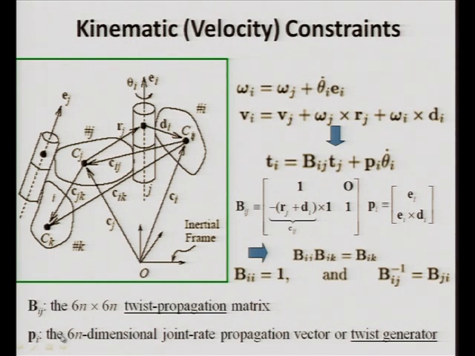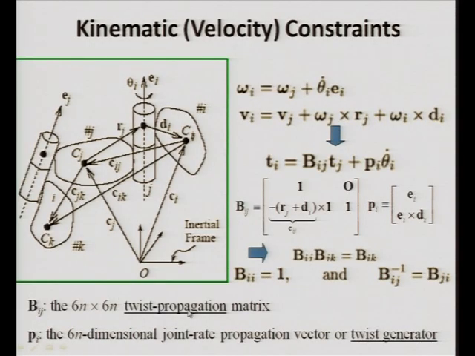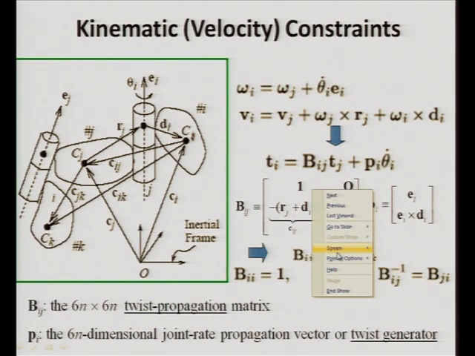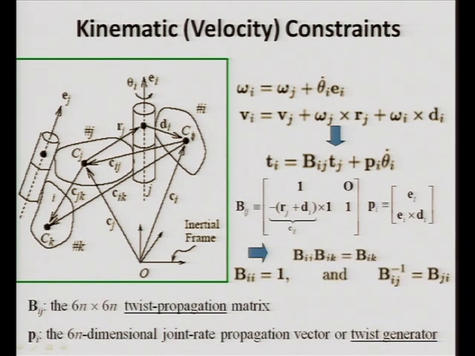What does B i j mean? I have a definition here. B i j is a twist propagation matrix. By the way, twist you can remember is a generalized velocity in the sense that it has angular velocities and linear velocities put together, that is twist. Now, what is the meaning of the twist propagation matrix here? Suppose this theta i is my joint motion here, which is the revolute joint. Now, if you block it, if you say you welded this portion, okay, then what happens? Theta i